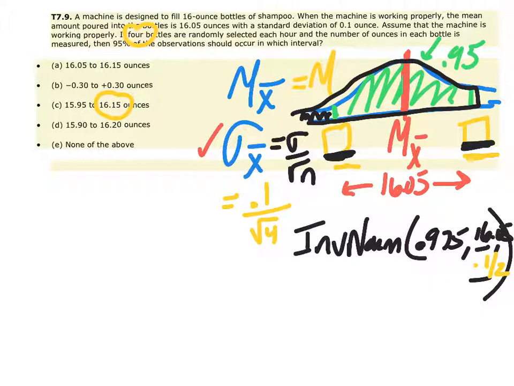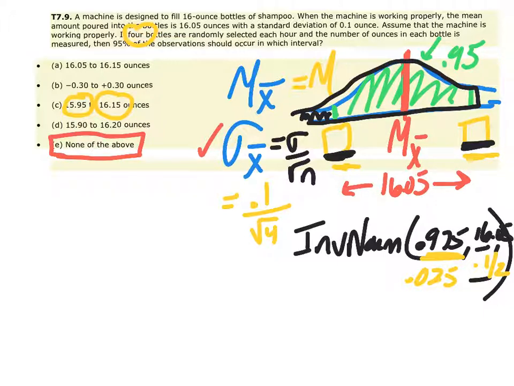Sure, we can just modify this formula. Instead of finding the area at 0.975, we would change this to 0.025, and we could find the third value. And it would look like the lower end is this boundary. Now, I've got to tell you, this is not the right answer. The correct answer for this one is technically going to be E, because even though the calculations work, are the